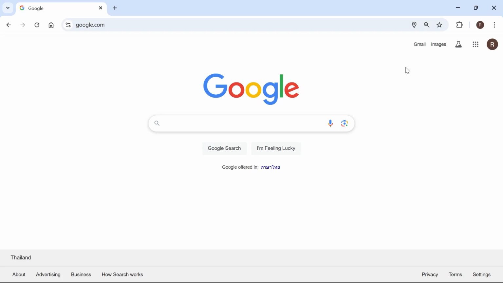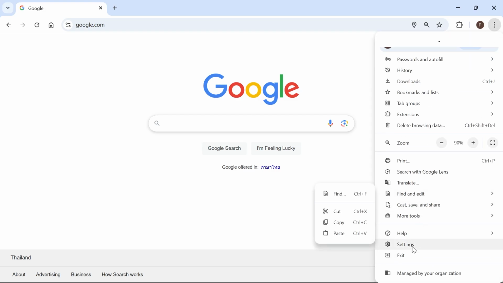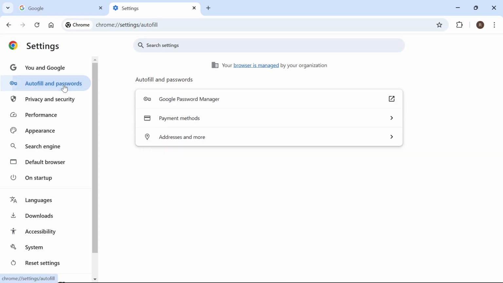In this video, I'm going to show you how to enable or disable autofill in Google Chrome. So what we need to do is first open up the Google Chrome browser and then click on the three vertical dots in the top right hand side. From here, scroll all the way down and click on Settings, and in the left hand navigation, select Autofill and